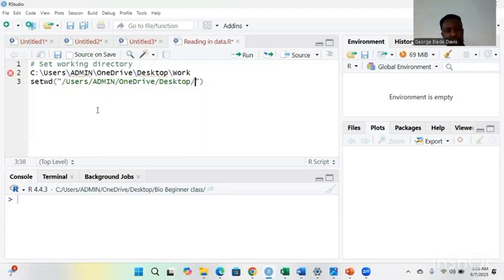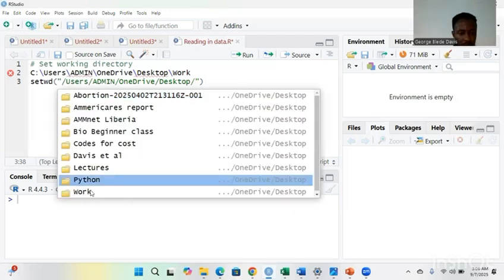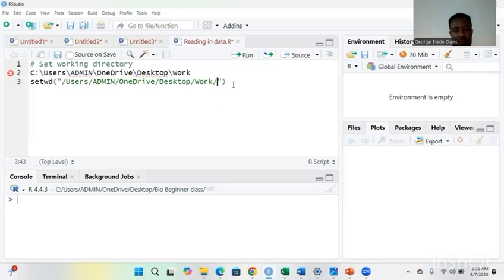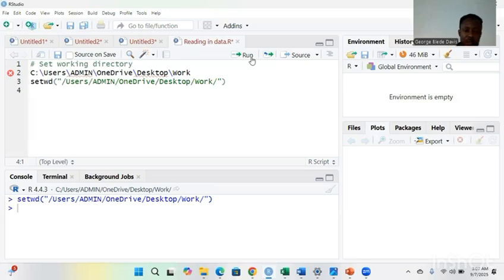The folder is Work. So I already set our working directory. Once you run it, it will appear without error in your console, which means you already set the working directory. That's the first way to set a working directory.